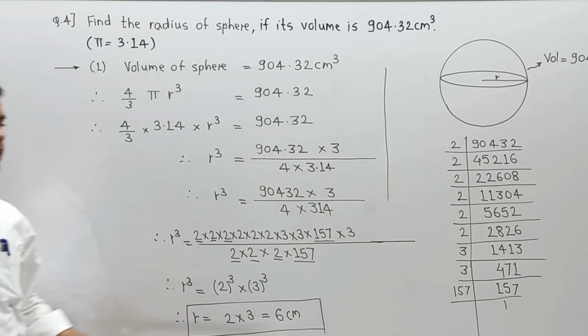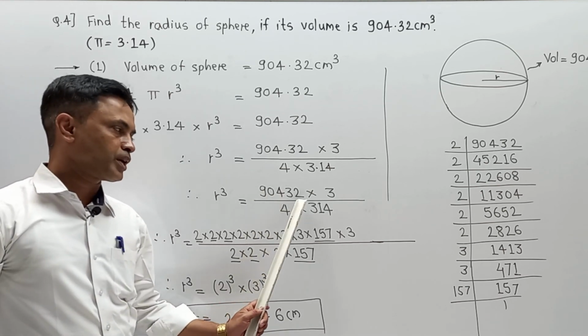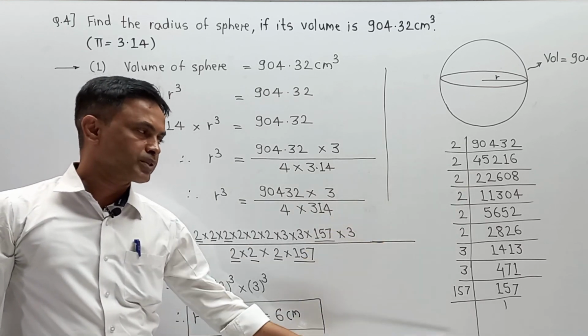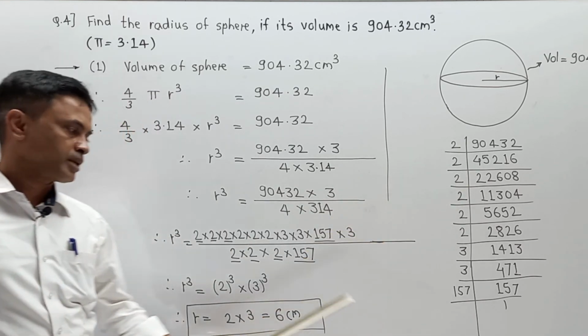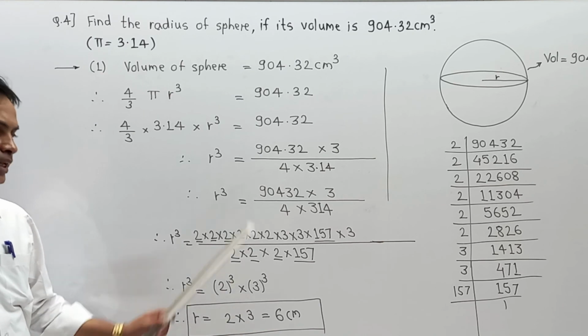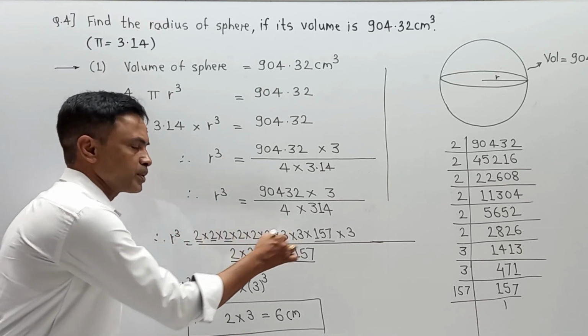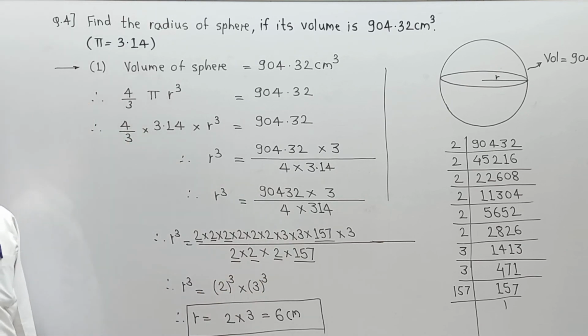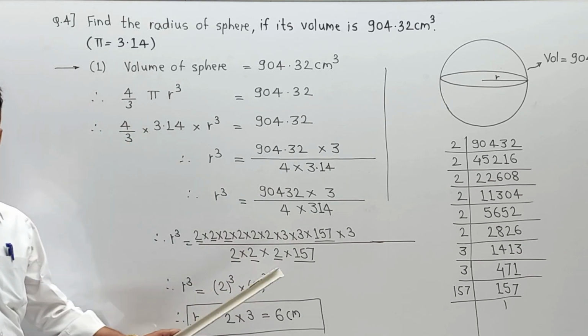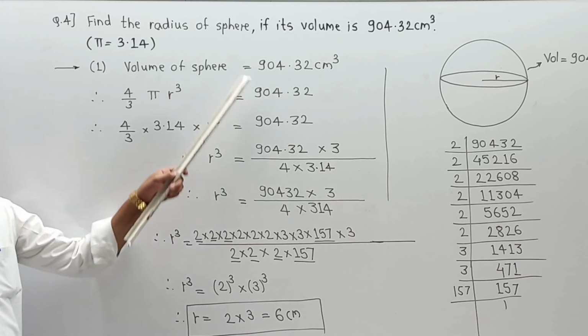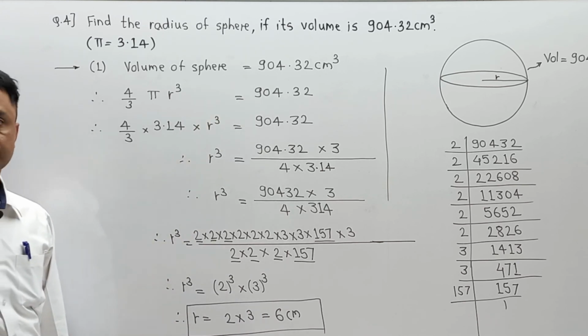And in this way you can completely solve the numerical. Now student, please pay attention. This number 90,432, the split up of this number with proper calculation must be done by the student properly. Then and then you will get exactly your accurate result. Here I have not done cutting so that you can easily understand the part properly. But at the time of writing by pencil you can make the cut off on that. And in this way we can complete the numerical.